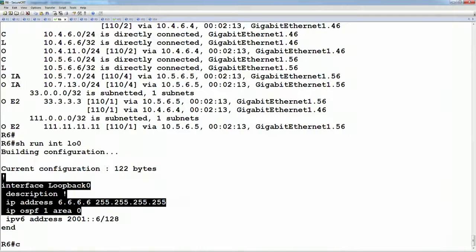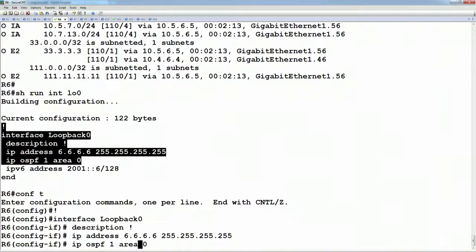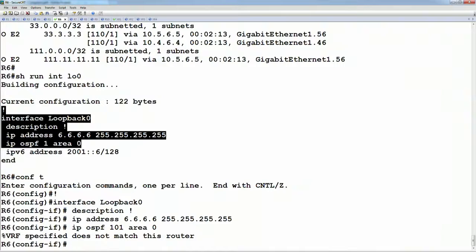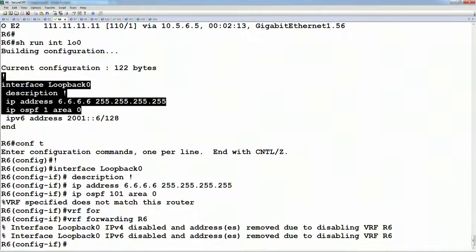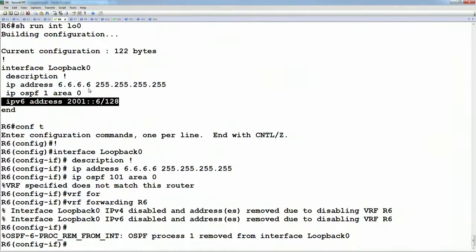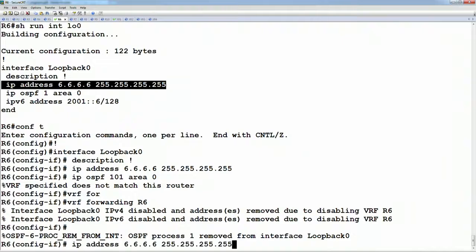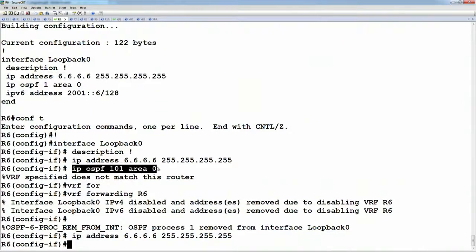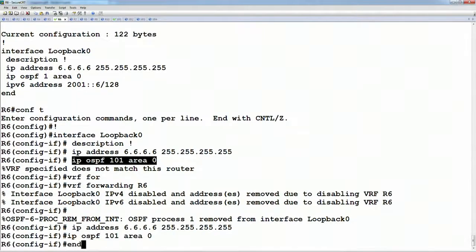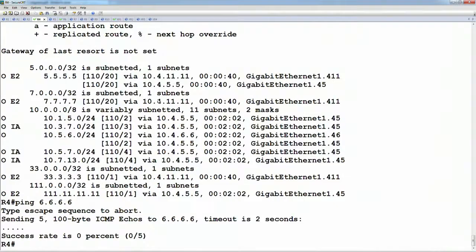Okay, let's say that this is ip ospf 101 area 0, which is, what? This is in the wrong VRF. Let's say vrf forwarding is R6. Then from 4's point of view, when we show ip route ospf,